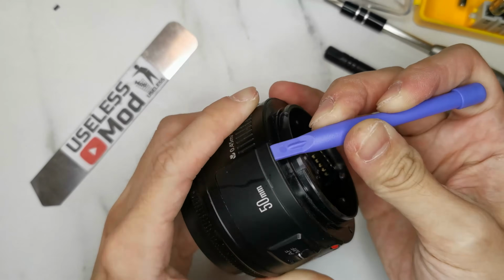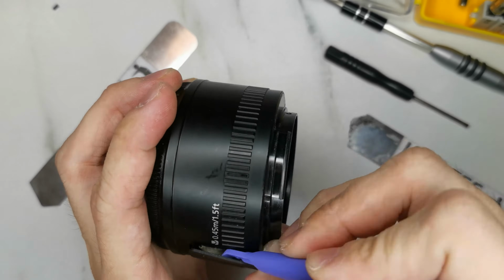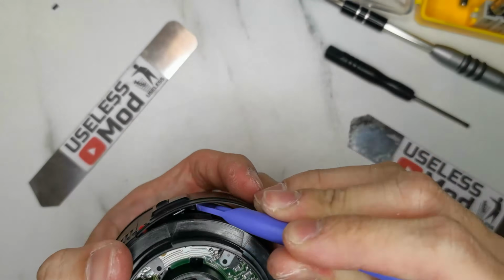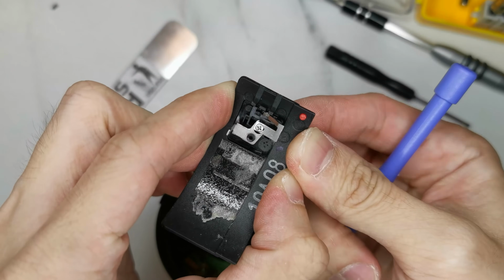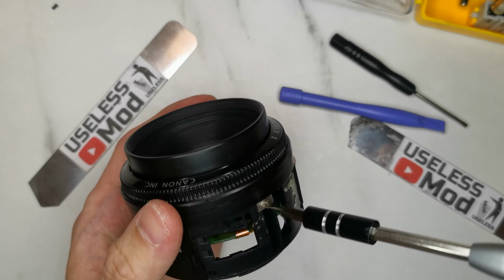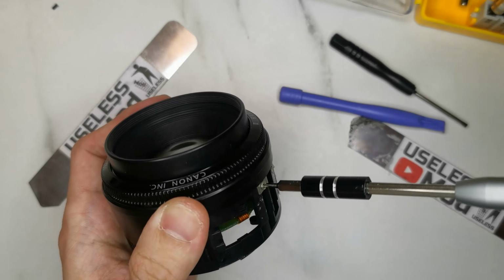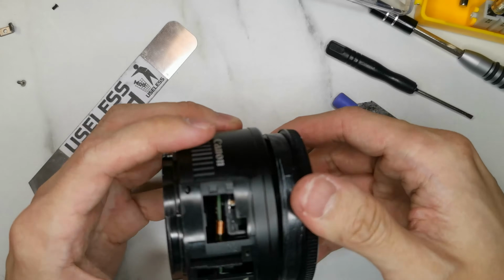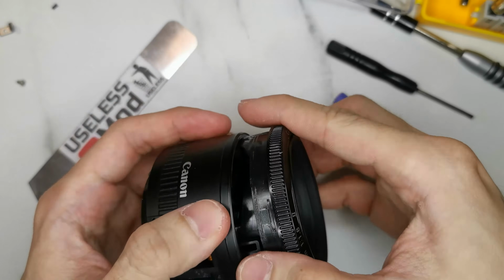And then pry open this cover for the manual focus button. It's secured by adhesive, so if you heat it up a little bit, it will be much easier to take away. This mechanism transforms vertical movement into horizontal movement. The next step is to take away the metal clip securing the outer case to the lens body. After wiggling for a bit, I found out you need to retract the lens in order to take out the